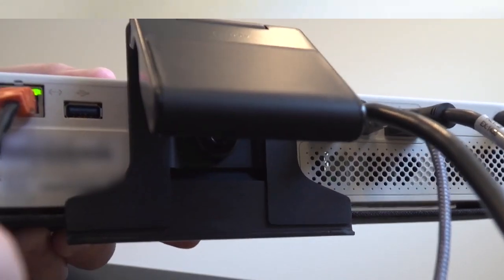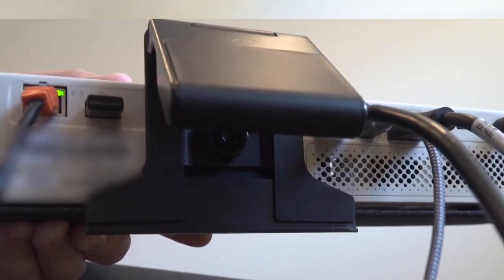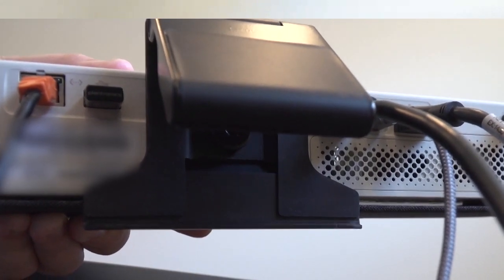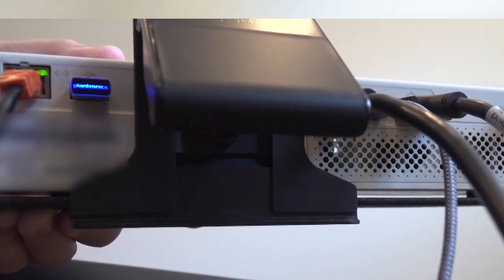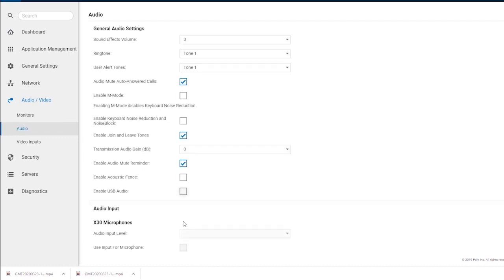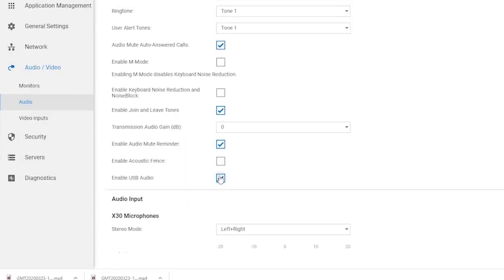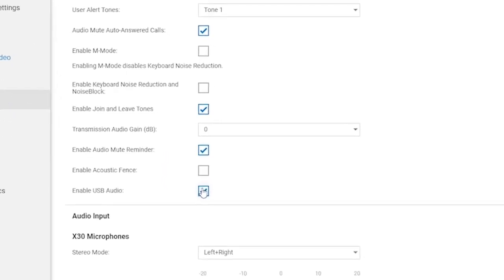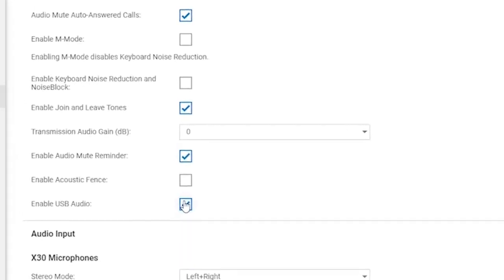To connect your headsets is quite easy. You can use a wired headset or you can use a wireless headset with your Poly dongle that comes with the headsets. So let's go ahead and get started now. The first thing you'd like to do is insert the dongle or the USB cable directly into the G7500 or X family. You want to make sure you go into the web interface of the X family or G7500, under Audio Settings, and select Enable USB Audio.